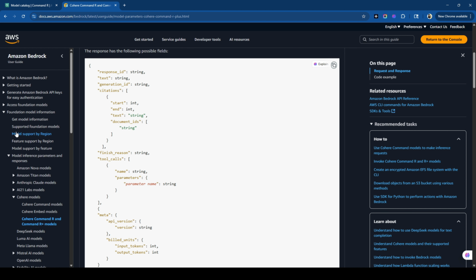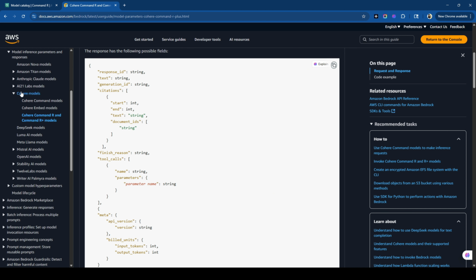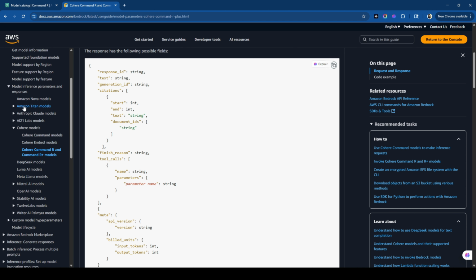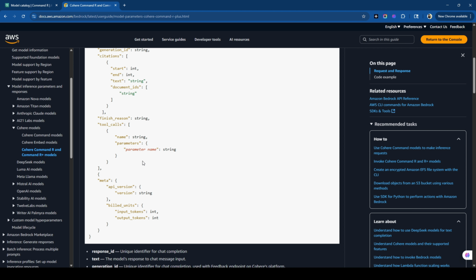Here in the documentation, you can see that they have provided information for almost all the models that are available in Amazon Bedrock. For example, Amazon Titan models, which are Amazon's models, Anthropic Claude models, AI21 Labs models. So all the models' documentation is available here. You can review their request and response structure. You can even see some code examples and play with that, and really interact with these models programmatically. So that's it. I just wanted to show you this information so that you can play with some other models